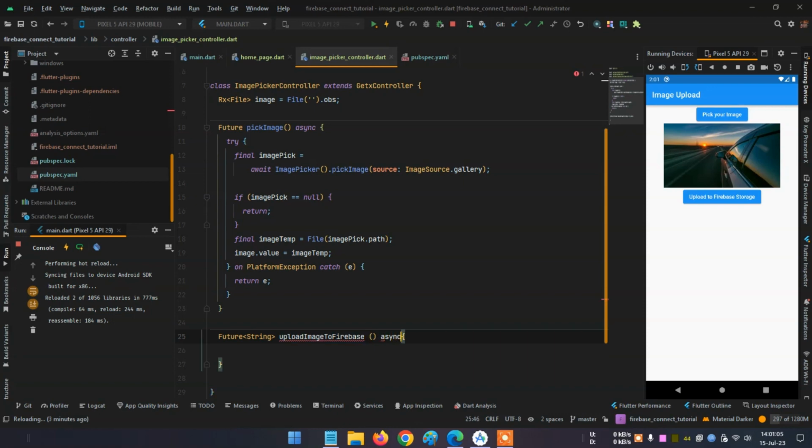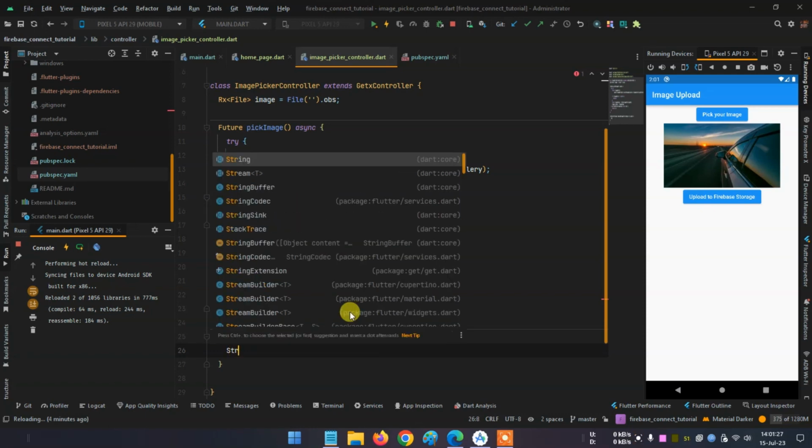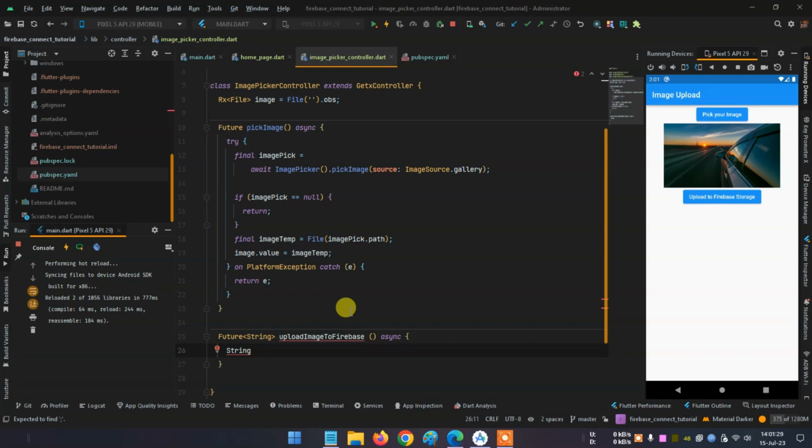So in the future we have to use this. For this, first, if you upload a picture, it will have to have some file name. So what is your file name? If you want your name, then after it there is an extension like JPG or PNG. So a string